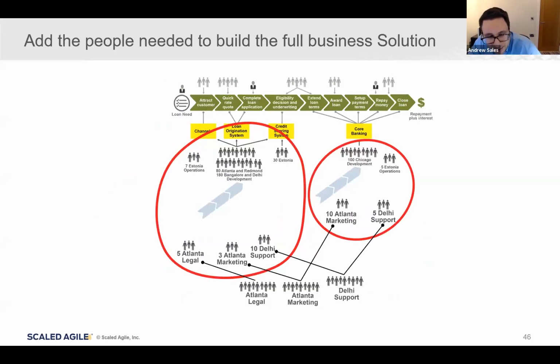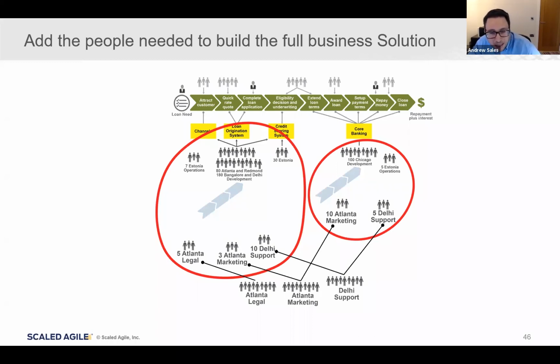Now, before we get to the exercise in this particular section, there's another really important step to consider. We need to think about the additional people that we need, not necessarily to develop these solutions directly, but who may be involved to help us deliver these solutions. So as an example, in that loans example, in the first development value stream, we need marketing people. We need marketing people to help us develop promotional materials, the campaigns that we're going to use to attract customers. We're going to need the legal team members to help us understand the relevant terms and conditions of the loans